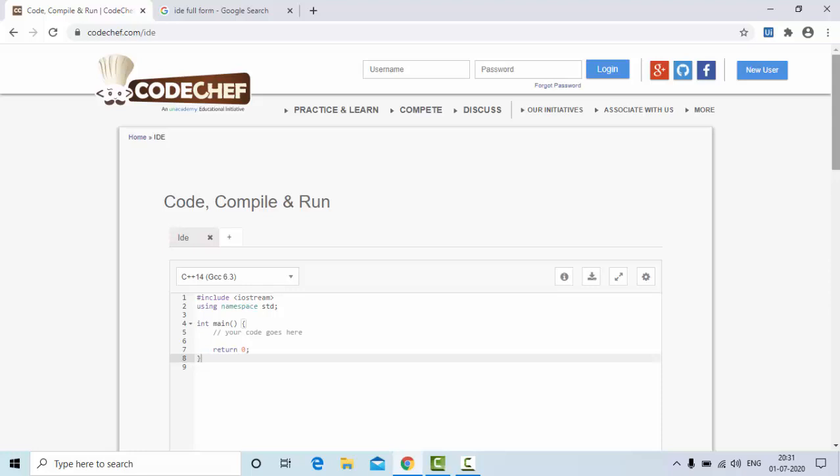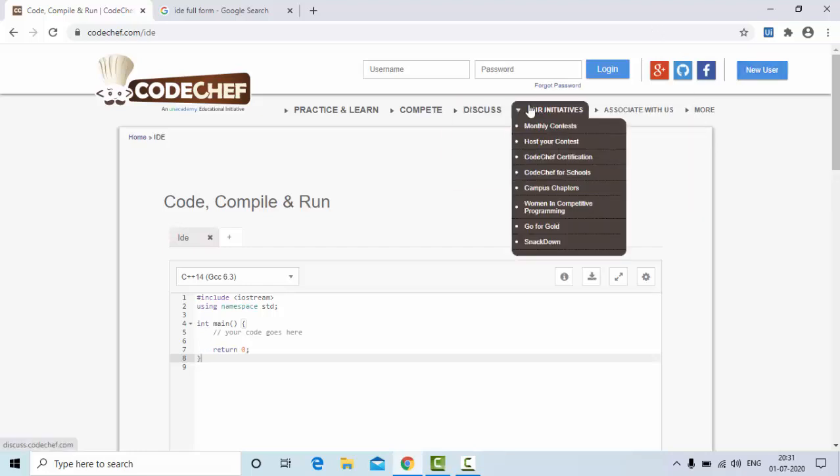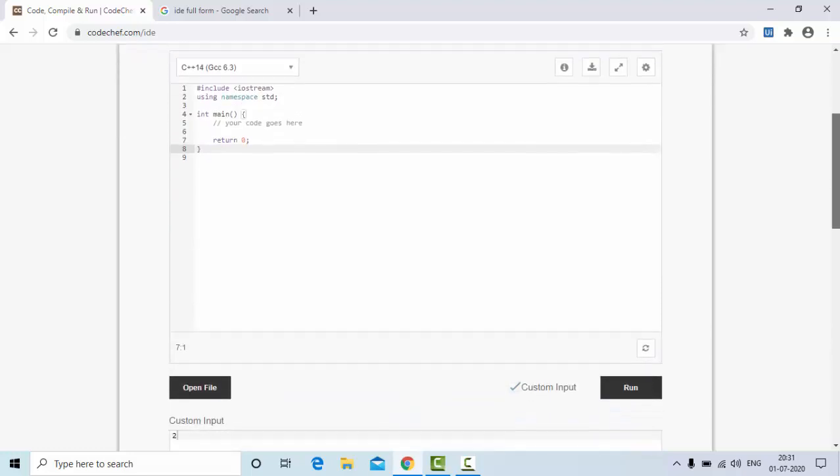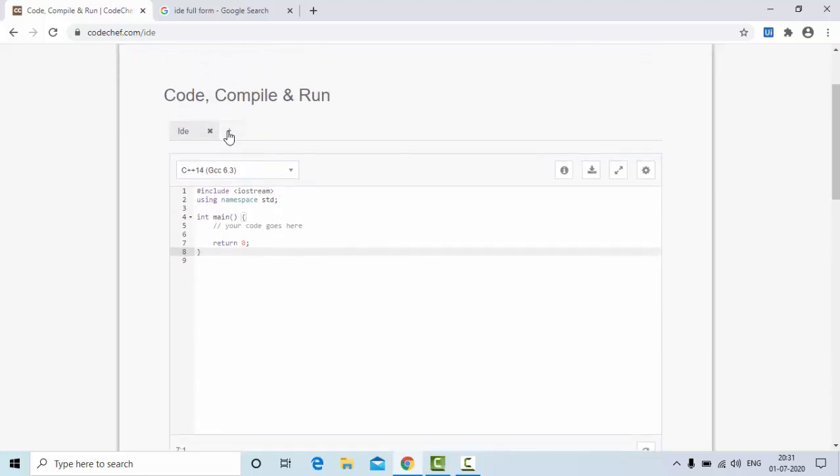And the best part of this CodeChef site is you have so many problems, guys. You have so many problem statements where you can learn competitive programming from scratch, be it data structures, be it math, be it all the related languages you can learn on this platform. And it's a free of cost platform as well. And as you can see here, it supports multiple tabs. That means each tab is different from the other.